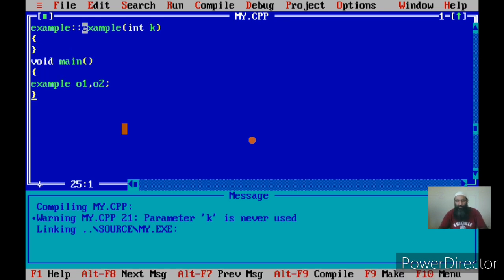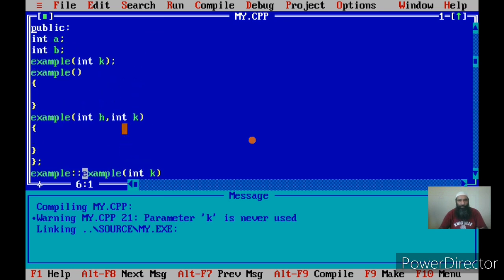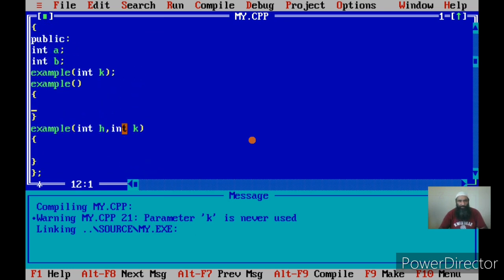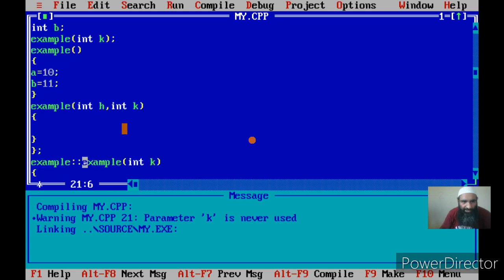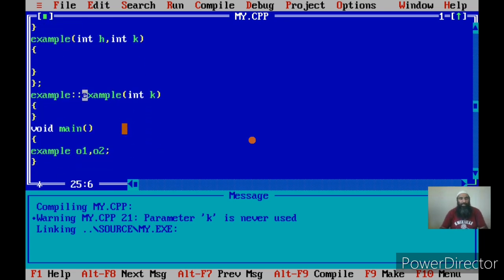Now suppose in the constructor, for example, I initialize the data member A to 10 and the data member B to 11. This is what is meant by initialization of the object, that is, initializing the data members of an object. Let me make these two different statements so that it will be clear.